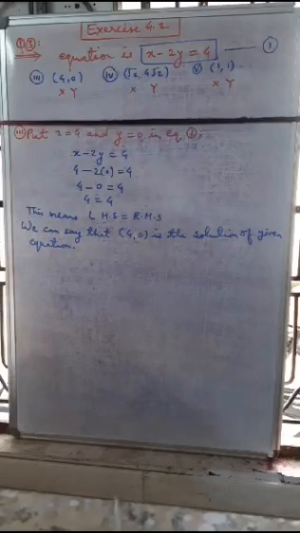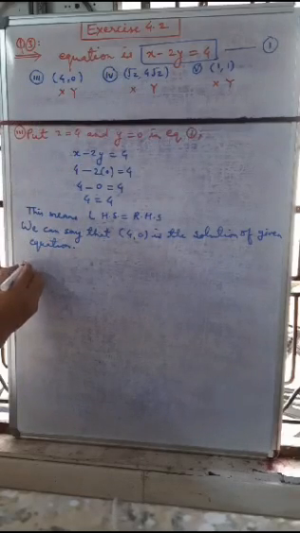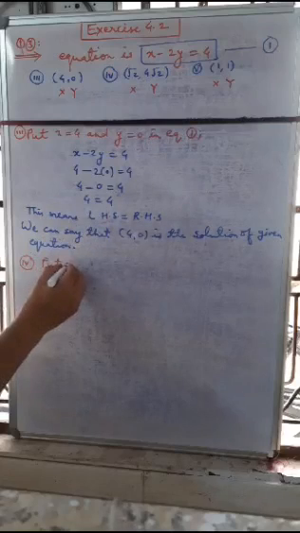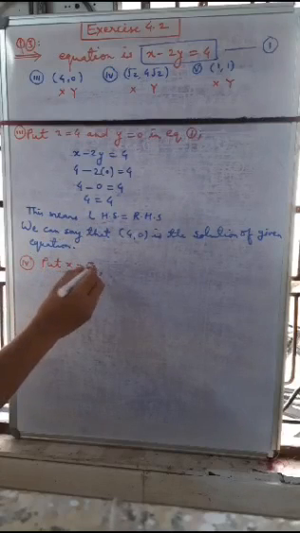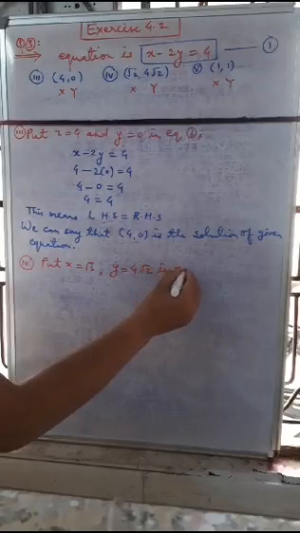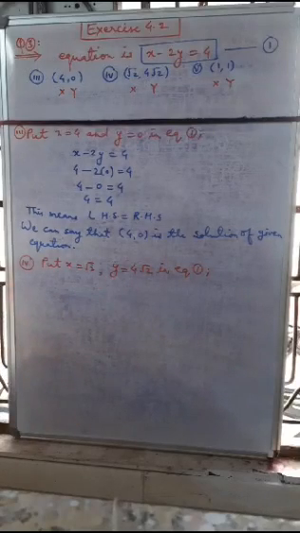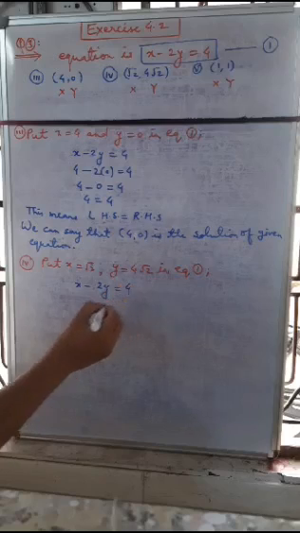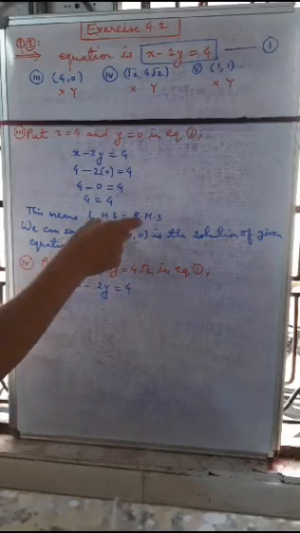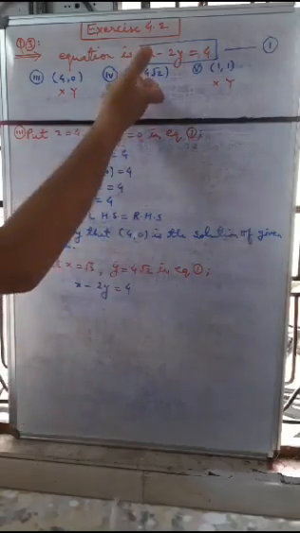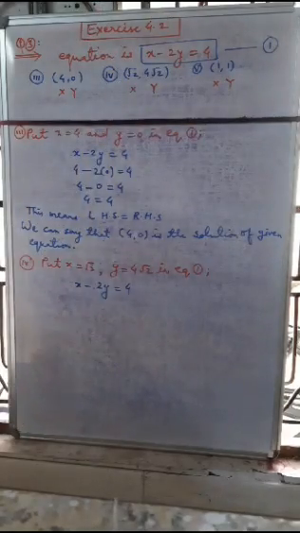Now again we will choose option number 4. In option number 4, in place of x we will put root 2, and in place of y we put 4 root 2 in equation 1. So again we have the equation x minus 2y is equal to 4. If we are not getting left hand side equal to right hand side, then we can say that the given point is not a solution of this equation. So it may be possible here, we will put the value and check it.